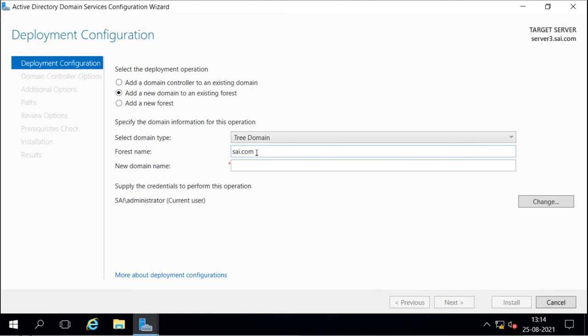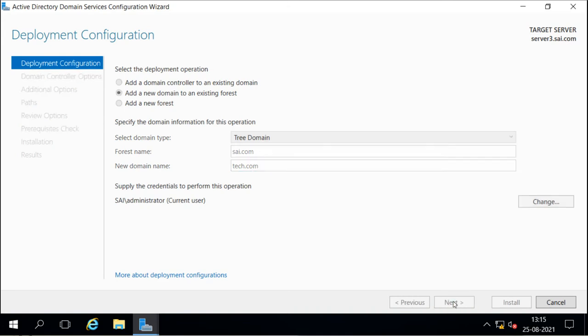Now we want to create the tree domain, so it asks in which forest we want to create it. This is the forest, and what will be the new domain name. This time you can give a completely new domain name. It is not going to be the child domain, so it is not going to have the namespace of the child domain, and it is not going to follow the namespace of the root domain either. So for example, I want to give this domain name as tech.com. This will be the new namespace for this domain because it is the tree domain, and children of this tree domain will carry the namespace of this parent domain.